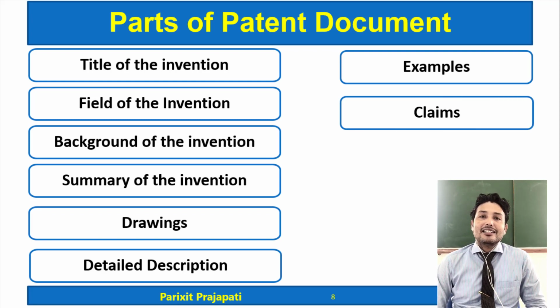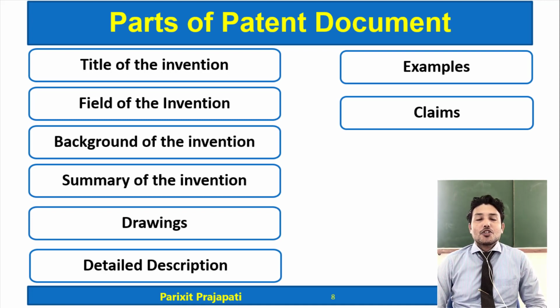Then claims. Claims are the most important part, or we can call it the heart of the patent document. Here the inventor will try to get the maximum benefit of the invention. In the claims, technicality must be mentioned. Claims cover the scope of the invention for which the protection is to be sought. Claims are drafted very carefully. There can be only one claim or a number of claims. Claims must be clear and concise.